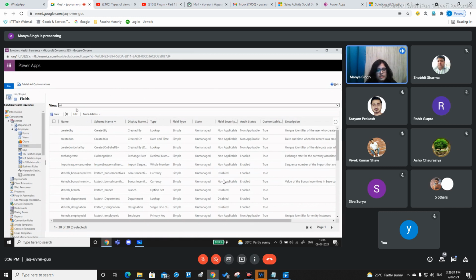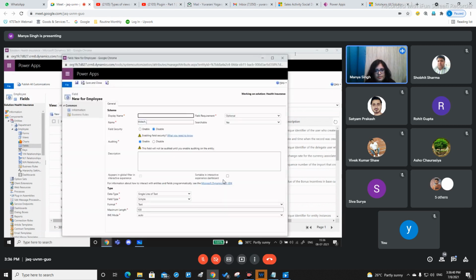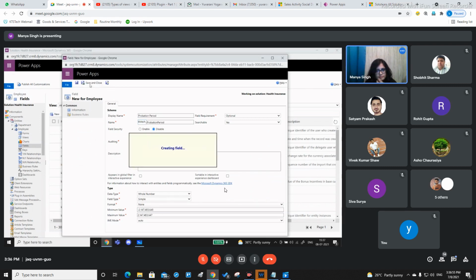So let us try to add a new field which will take in the probation period. This will be a simple field, a whole number, and we'll simply save this.